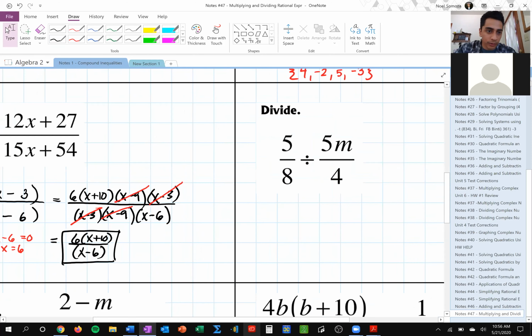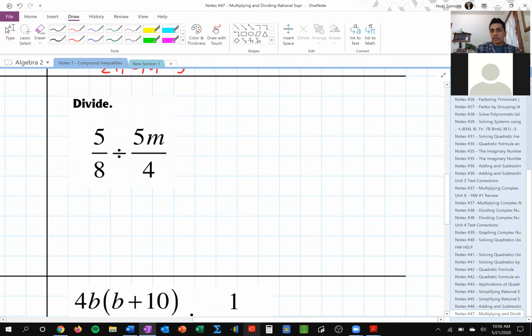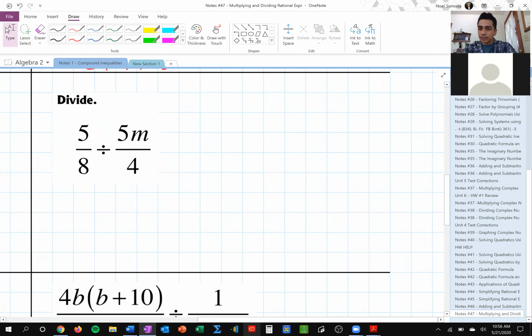Okay, now let's focus on division. When we do division, we're not gonna focus on the excluded values. Let's just focus on getting the process down for now, at least with division. Okay, so here's a scenario where, again, pay attention to what is being asked of you, right? If it's being asked for division, you are going to do something called keep,